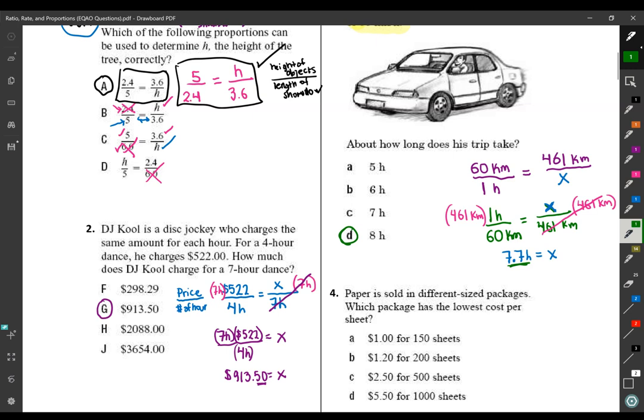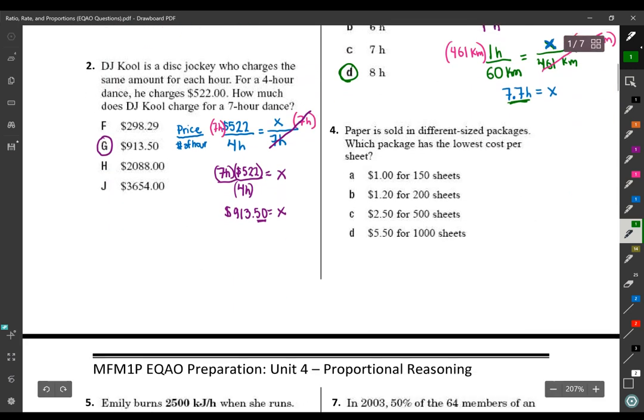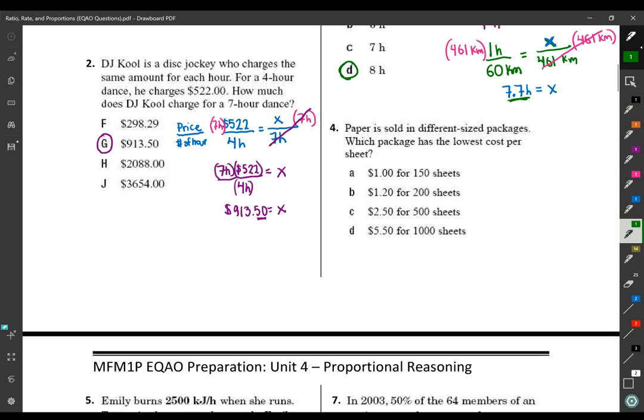Okay, question 4. Paper is sold in different sized packages. Which package has the lowest cost per sheet? Okay, so here we have to find the unit price. Okay, now remember, money always goes on the top of your ratio. So for A, let's find the unit price for that package. So $1 divided by 150 sheets,